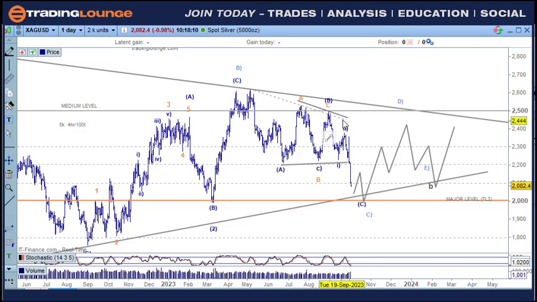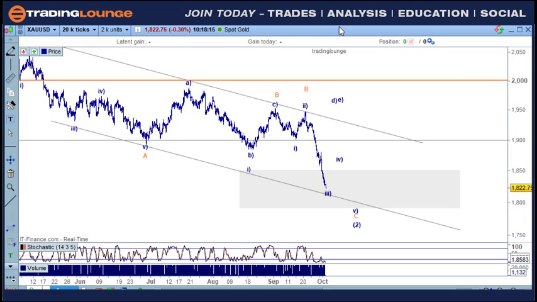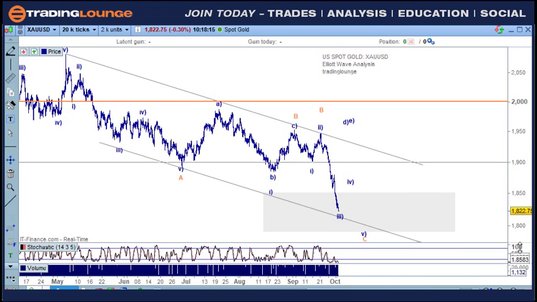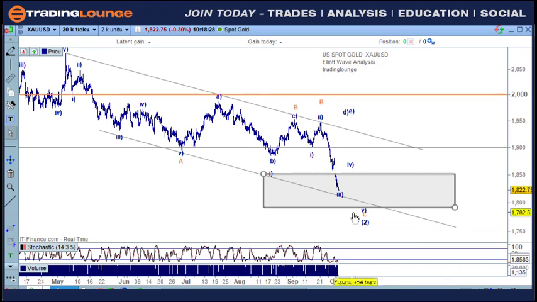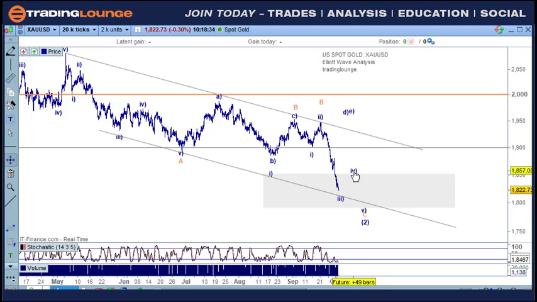But anyway, all of this here, this is where this is coming from, over this side here with all of this here. So there's a couple of ways to look at this. We can look at it as the A wave here, then an A, B, and C here for the B wave. And in that case, we'll have 1 and 2 here, and then 3, 4, and 5 down here. And this was kind of lining up with the US dollar. That's why I like it a bit, you know.